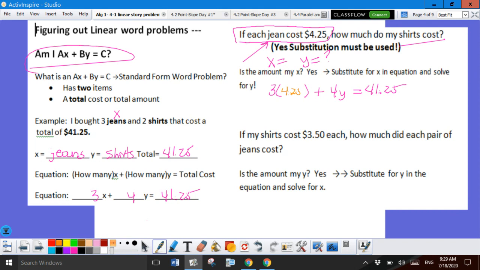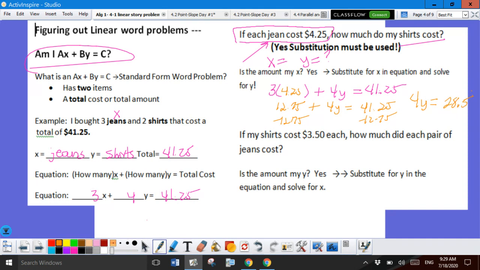So 3 times 4.25 is going to give me 12.75. And I'm still solving for Y, okay? So I need to subtract my 12.75. So 41.25 minus 12.75 brings me to 4Y equaling